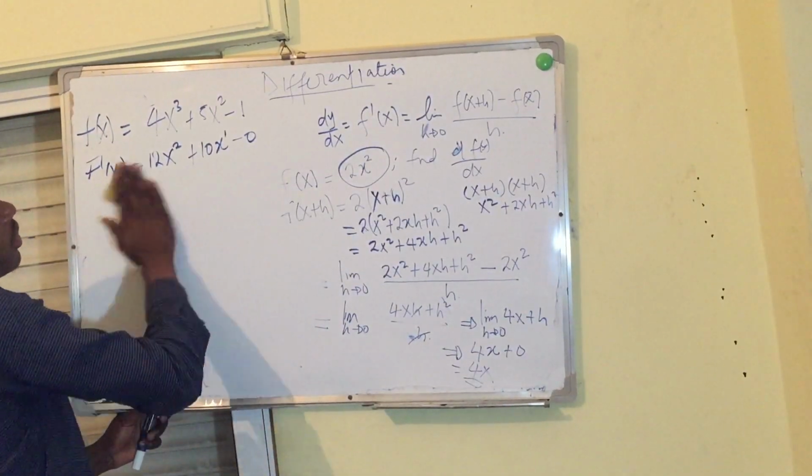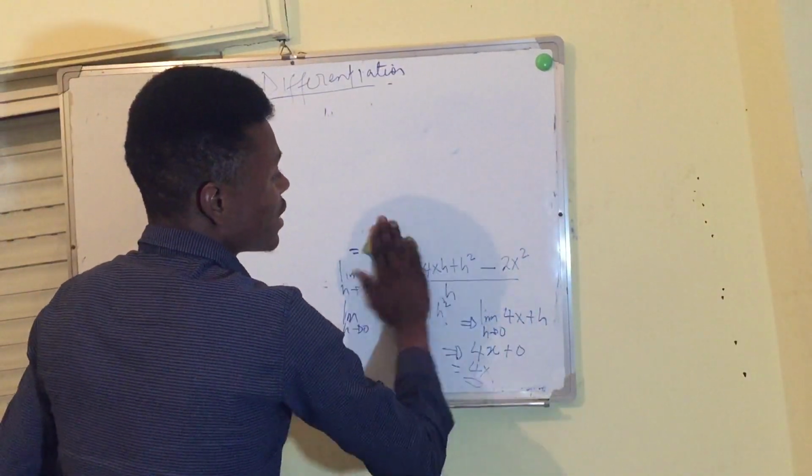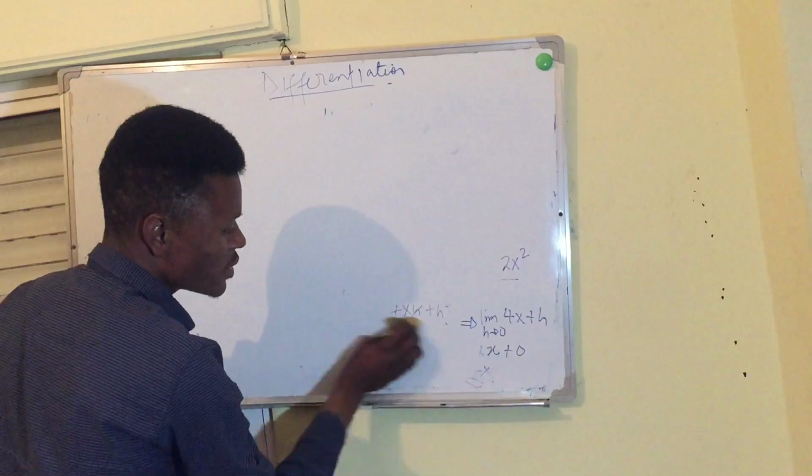So wannan shine kawai differentiation na polynomials. Let us try to find the derivative of